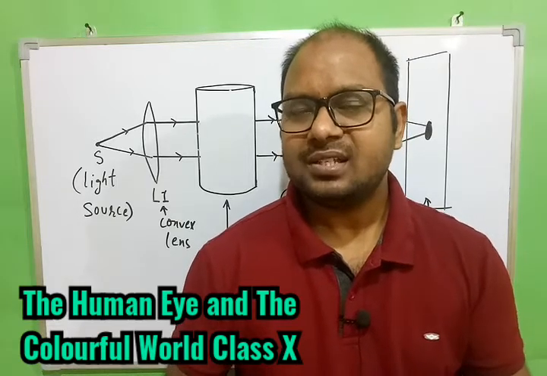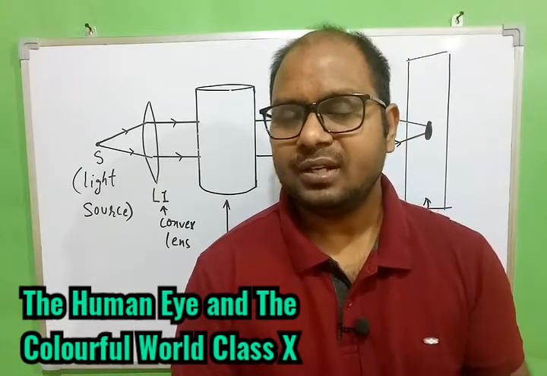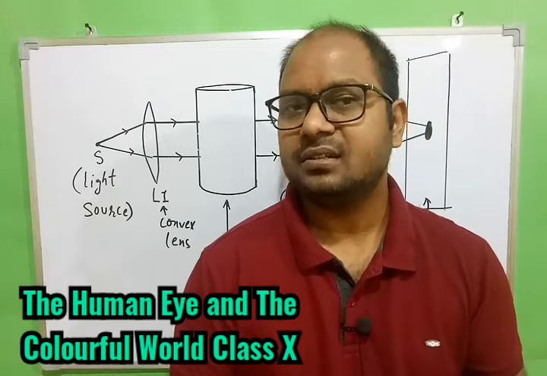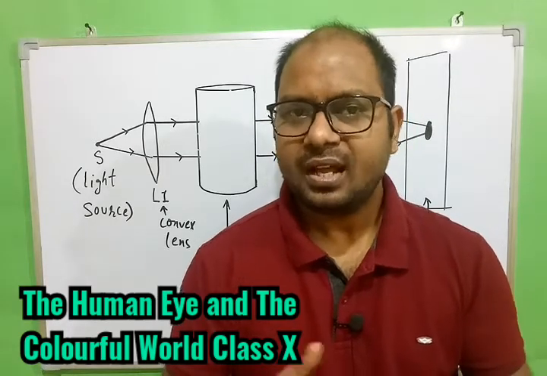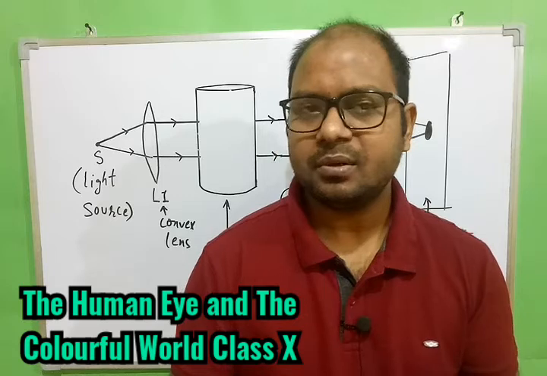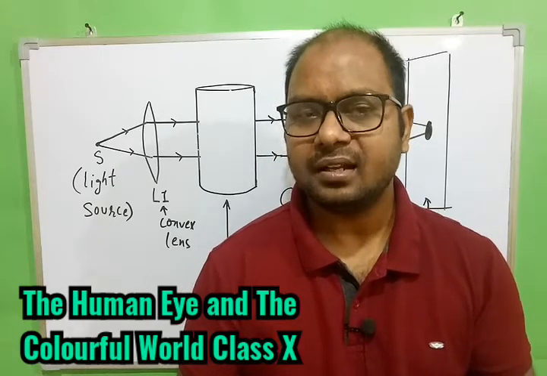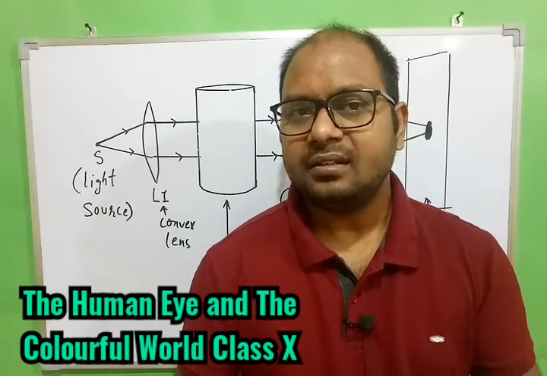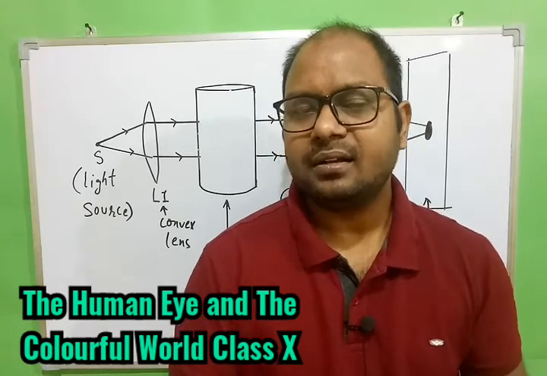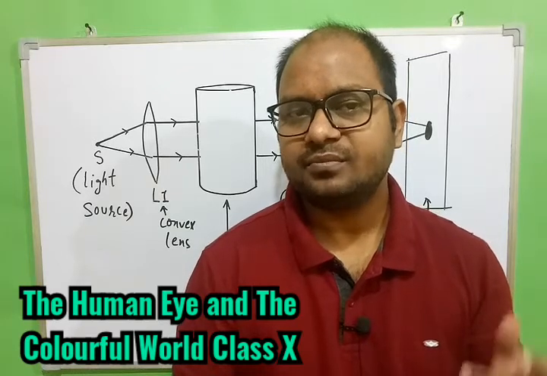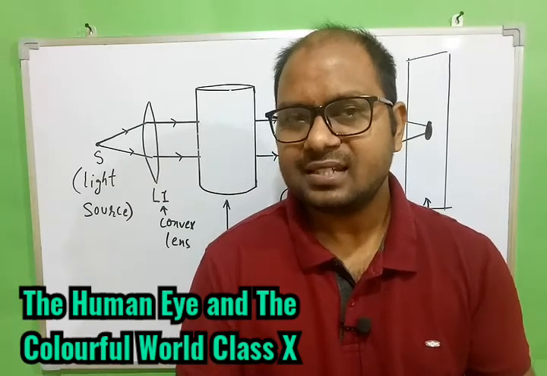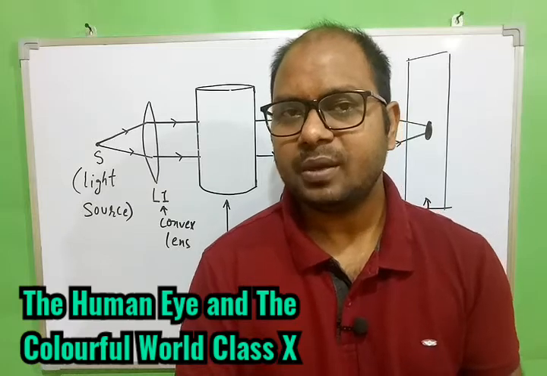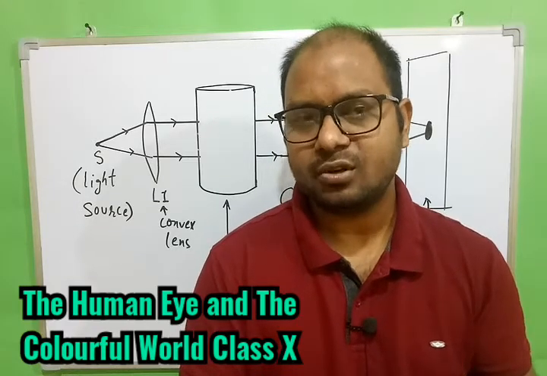Today we are going to understand scattering again with the help of one activity setup that is going to be explained with the help of a diagram only. This activity will help us to understand scattering in a better way, and it will also give the answer why we are able to see the different colors of the sky, cloud and the sun as well. So let's understand the activity, and I hope you will find it interesting and will be able to understand the concept as well.